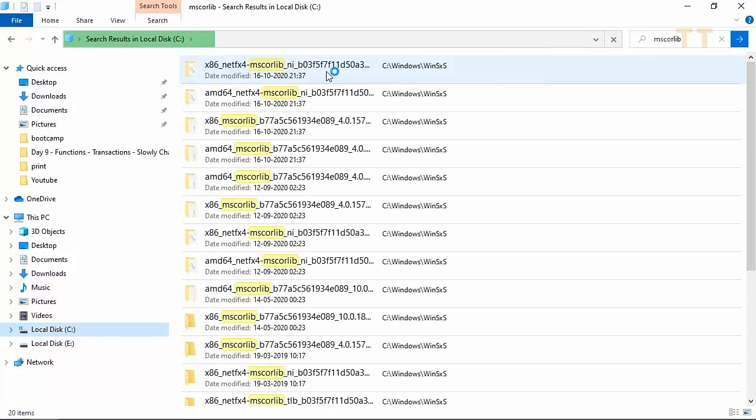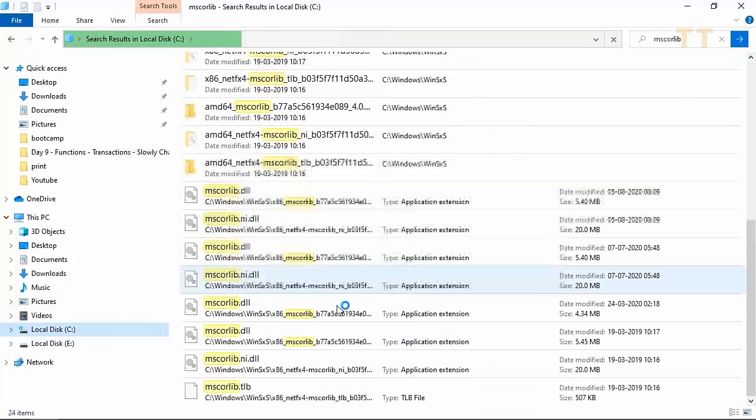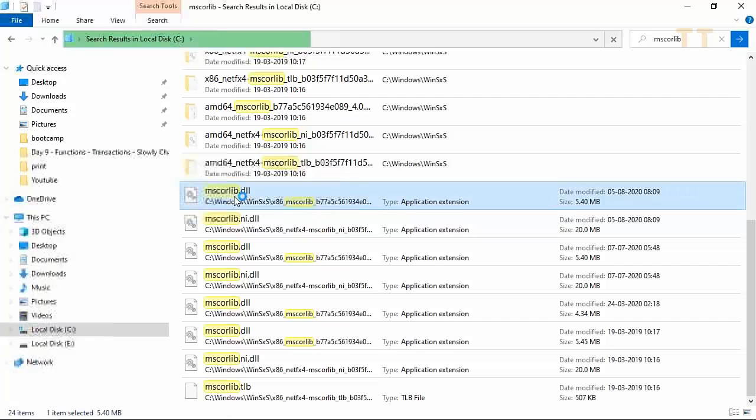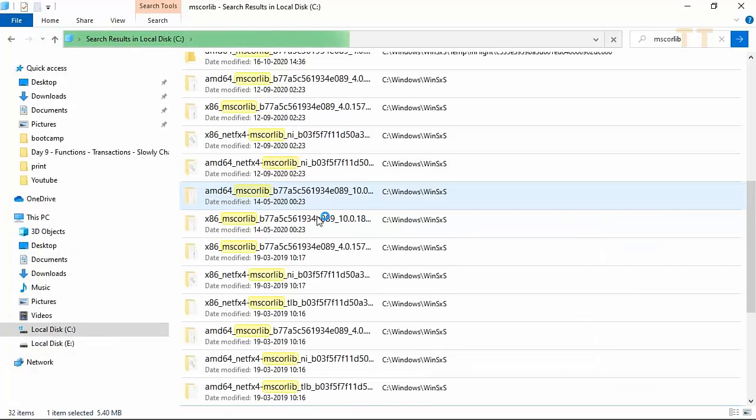You see that we have got MS core lib.dll. So we are using this MS core lib.dll. Are you all with me? This MS core lib.dll